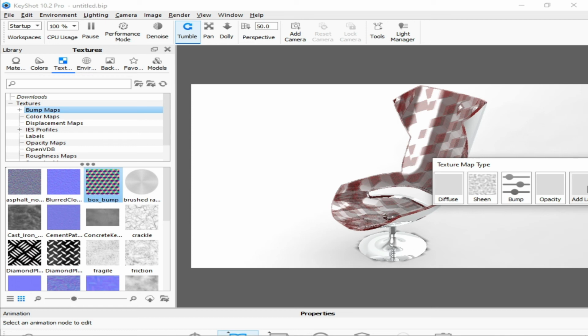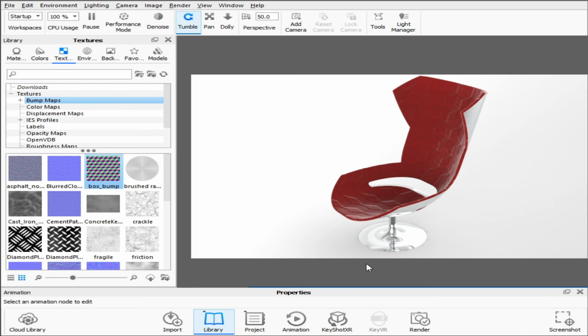After that, if you want to take a picture of this, then you can take a screenshot. And after that the screenshot will be saved. We will go to the directory to check.